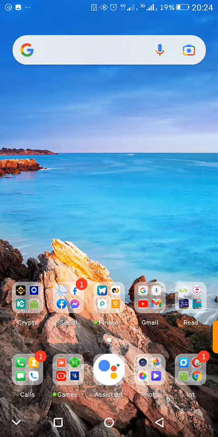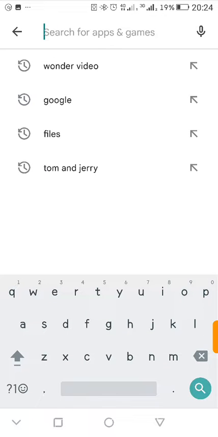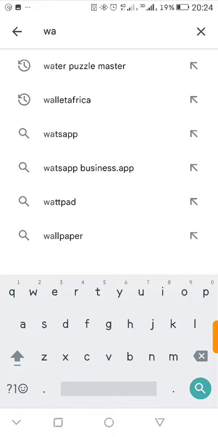Today we are going to see how to create a US dollars credit card from scratch. It's very simple and easy to create. All you have to do is come over to Play Store and search for Wallet Africa,